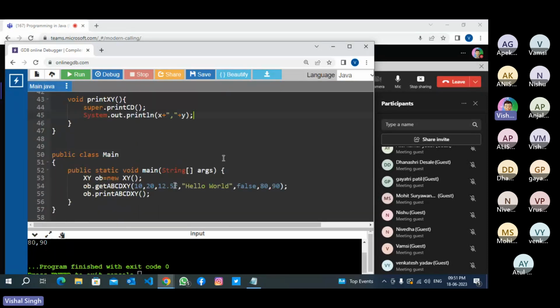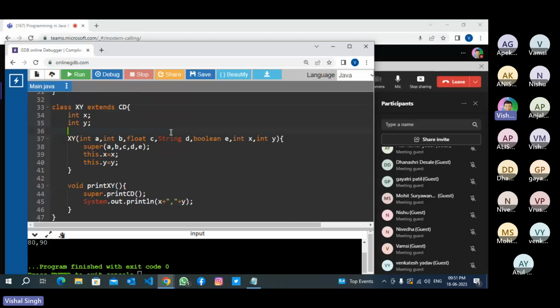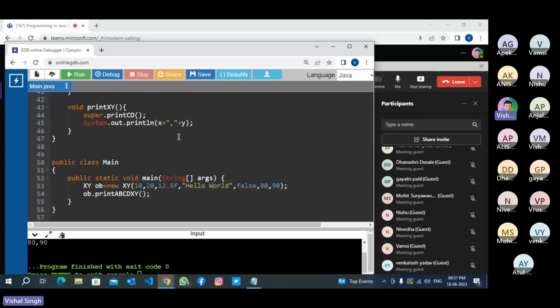Now what we have to write here, XY classes. This is the last child class. So we are creating an object of this XY class, XY OB equal to new XY, and we are passing all the data like A, B, C, D, E, F, sorry, X, Y. So A is integer, B is integer, C is float, D is string, E is boolean, X is integer, Y is integer, and we are just calling print